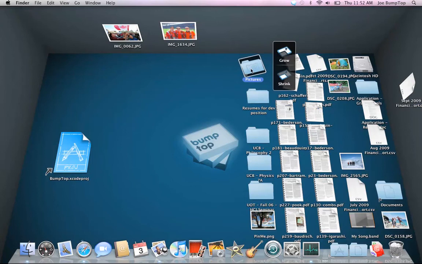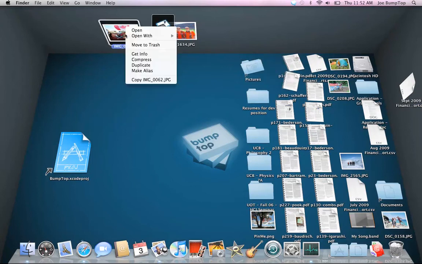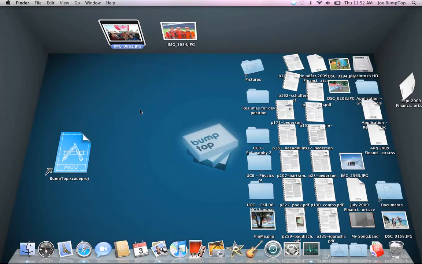BumpTop integrates completely with macOS 10. So, for example, if you right-click on any item, you see all the same options that you would in Finder. Now, what I think is one of the most powerful features of BumpTop is the ability